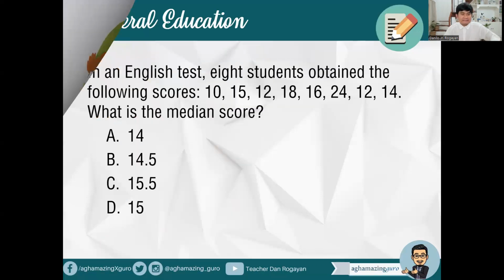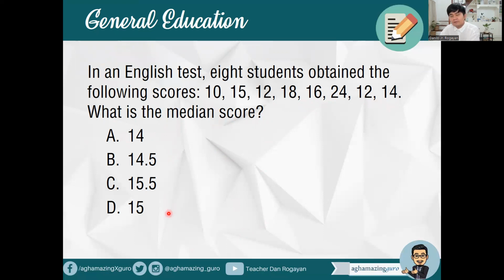Okay? Next, in an English test, 8 students obtained the following scores: 10, 15, 12, 24, 12, and 14. What is the median score? So we're looking for the median. A, 14. B, 14.5. C, 15.5. So how are we going to answer that? Of course, we're going to arrange the given values from lowest to highest. So mula sa pinakamaliit hanggang sa pinakamataas. Okay? And then,